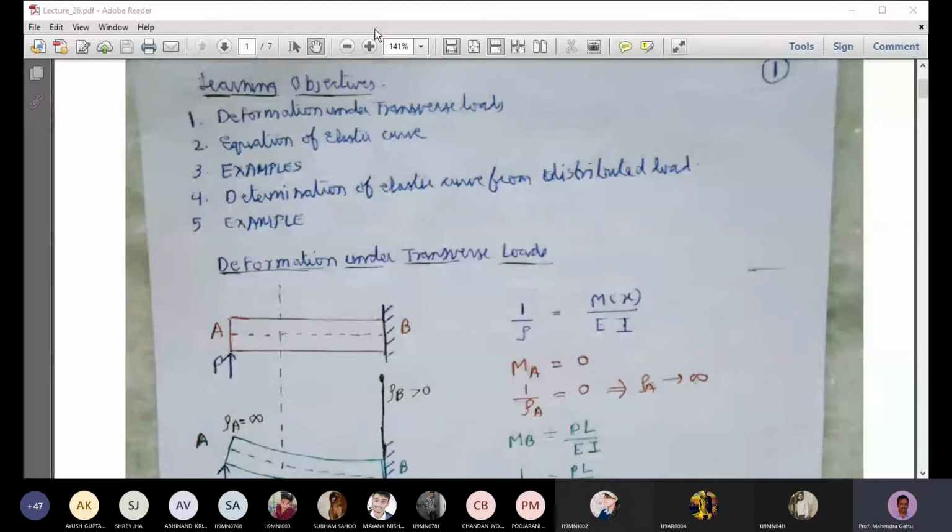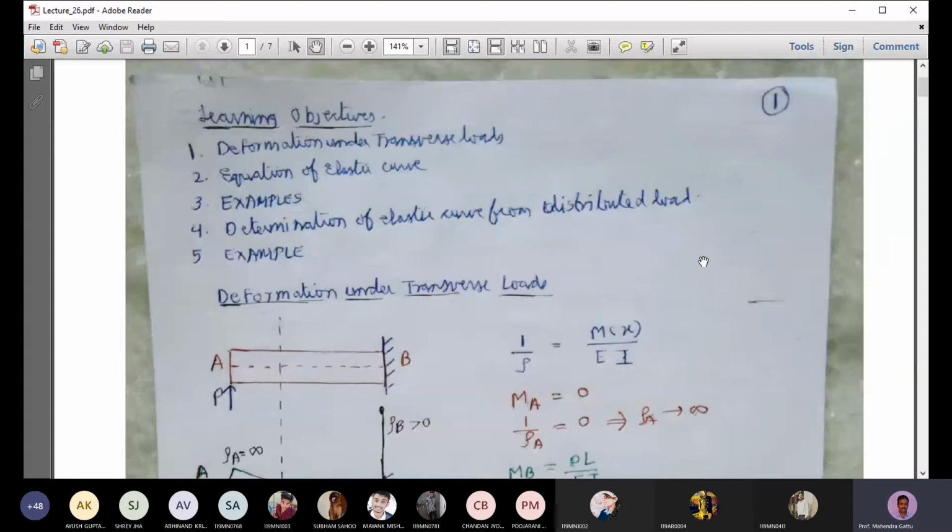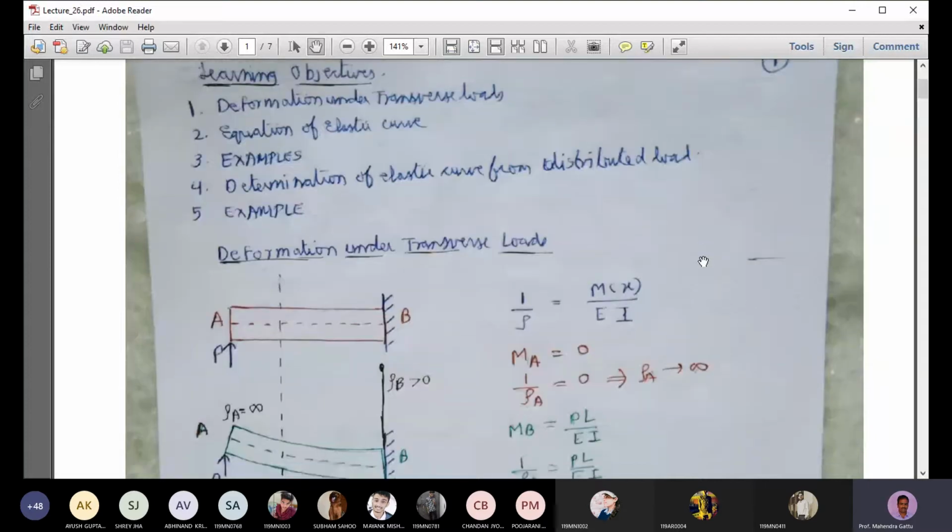Okay, so in the last few classes we were discussing the normal stresses in the beams and shear stress in the beams. That was regarding just the stress distribution. In today's class we will discuss the deflections in the beams. When these beams are subjected to either a concentrated load or a distributed load, by how much do they deflect